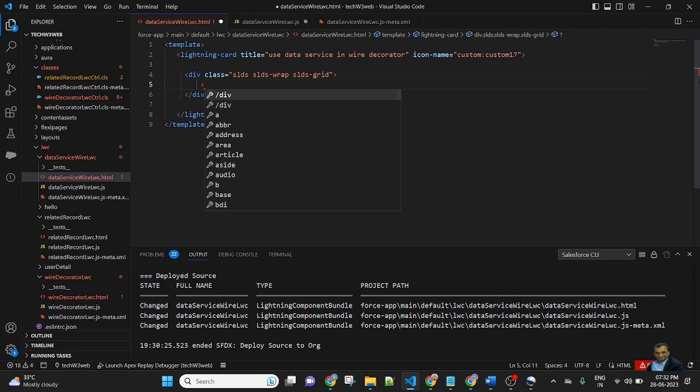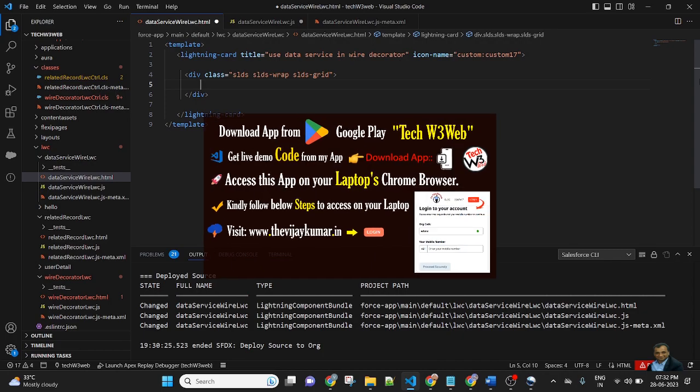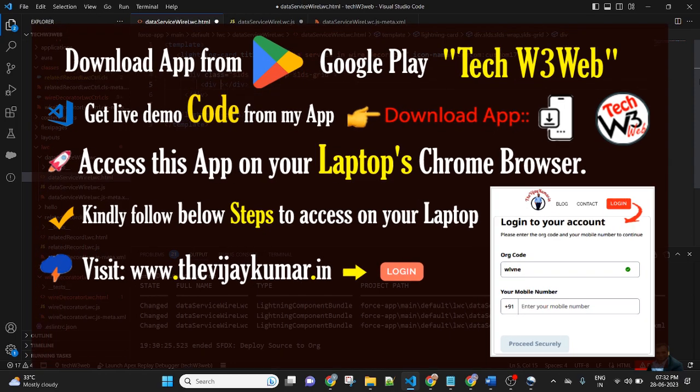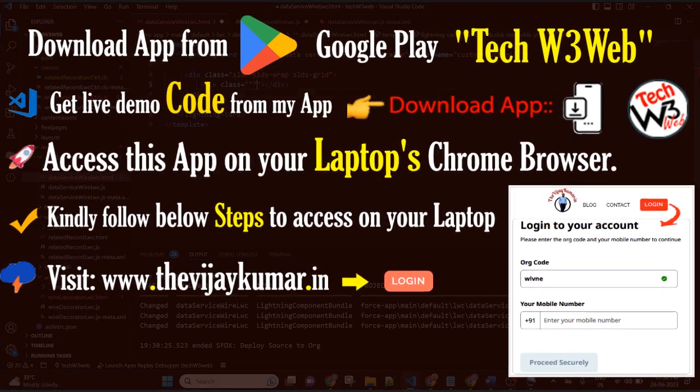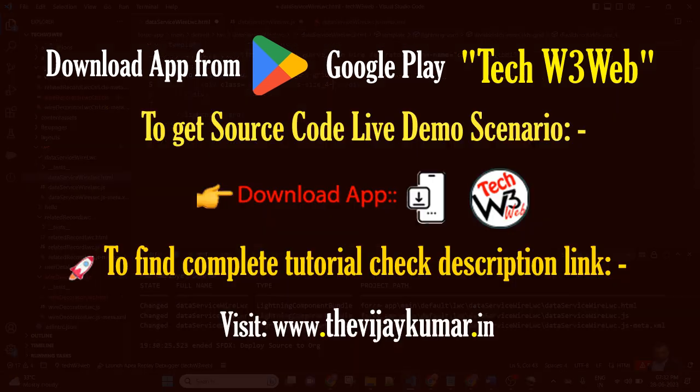So the first column I will define name, and in the second div I will define phone. So I am creating another div, class equal to slds-col slds-size_4-of-12.